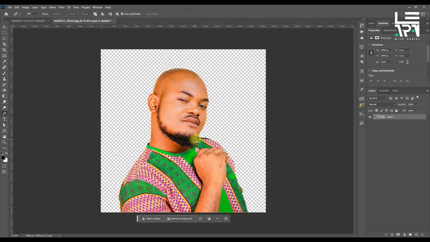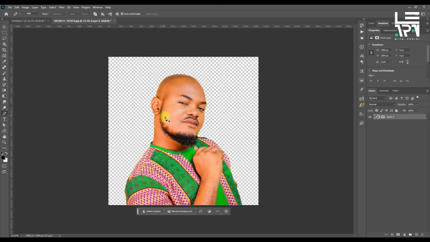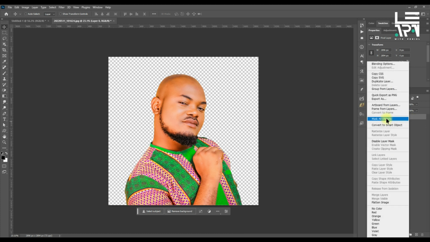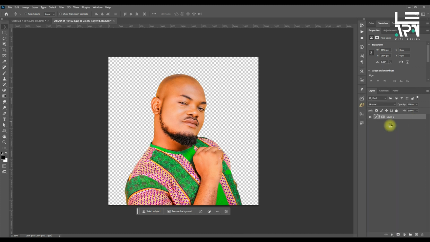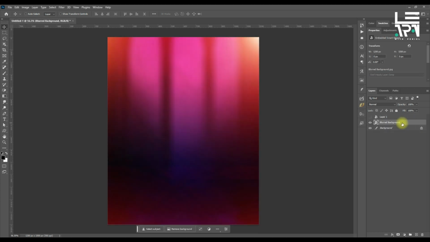Then I right click on the layer of the image just to turn it into a smart object so that it doesn't lose its resolution when I'm working on another Photoshop file. So I move over to the Photoshop file that I want. I drag in my background. I already have the background, so what I did was duplicate the background,